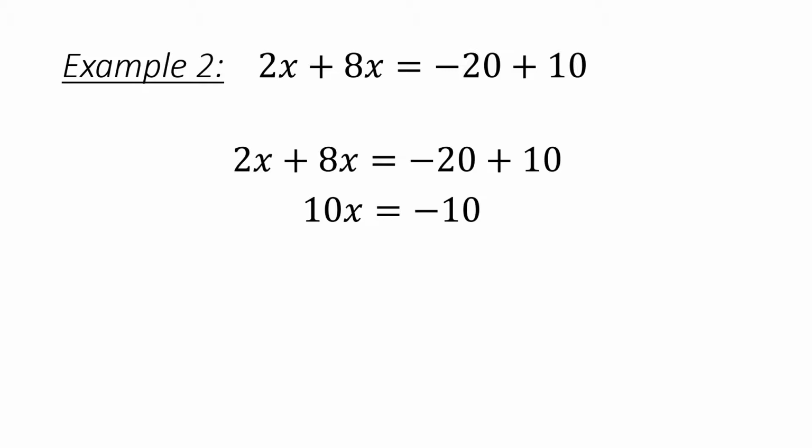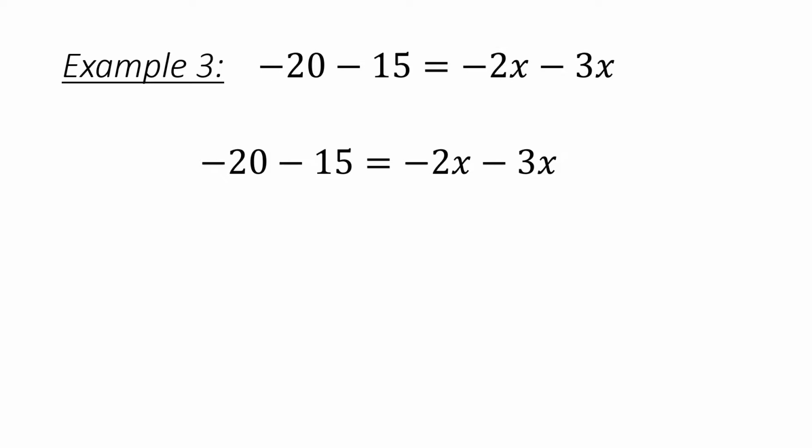Now we have a one-step equation where we want to move our 10. 10 and x are attached by multiplication, so we have to divide both sides by 10 to get rid of that 10 and get x by itself, and so the 10s will cancel out, and then we do division, negative 10 divided by 10, so x is going to equal negative 1. Example 3, we have negative 20 minus 15 is equal to negative 2x minus 3x, so we're going to simplify